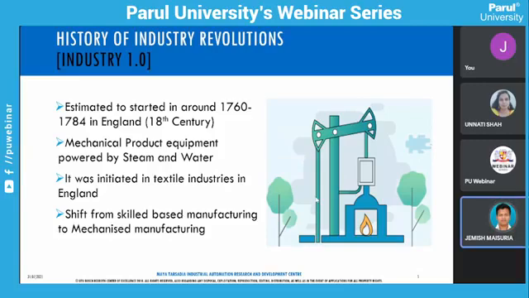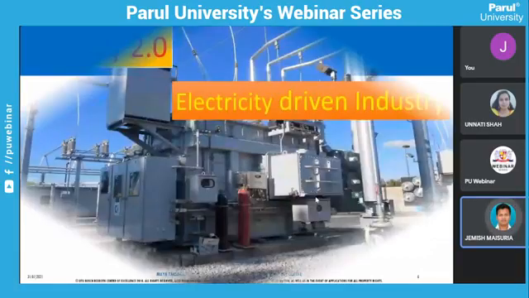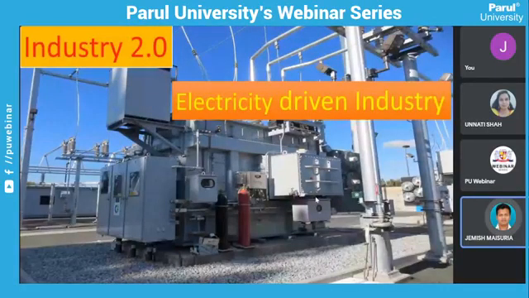Then after, the second revolution came, and that is nothing but your industry 2.0. Industry 2.0 is basically based on electricity, and the main thing is not electricity itself, but the transportation of electricity. If we were not able to transport electricity from one place to another, then what would we have to do? If you imagine the world, you would have to generate that electricity from a steam engine at each and every place.